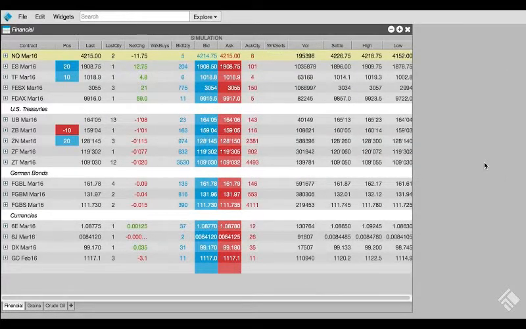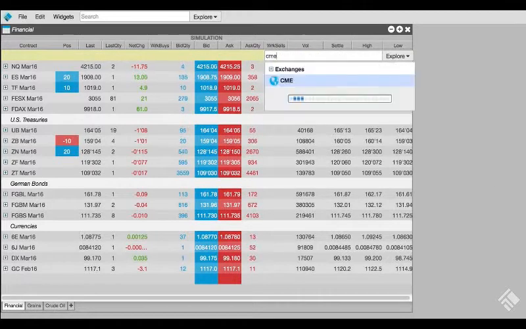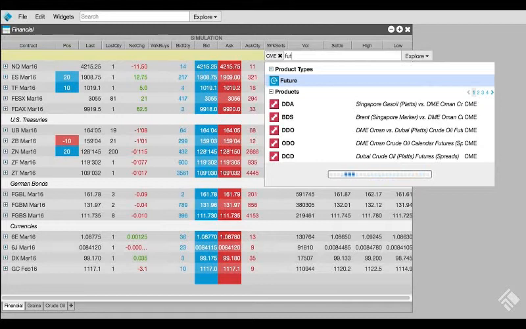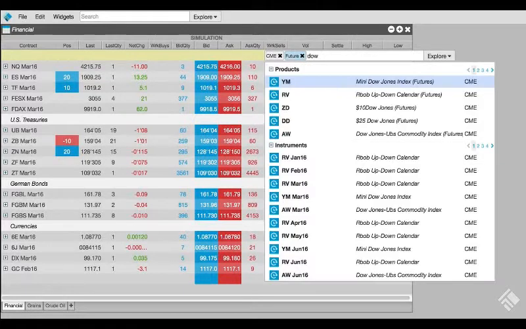Now let's also add Dow Futures. If we didn't know the symbol for Dow, we could use contextual search following the categories used in the Market Explorer. We type CME for Exchange and press Tab. Then we type Future for Product Type and again press Tab. Now our search results will only show us futures instruments offered by CME. We type in Dow and that narrows the list of available products and instruments. We can now see that the symbol for Dow Mini is YM and we can see the March contract listed